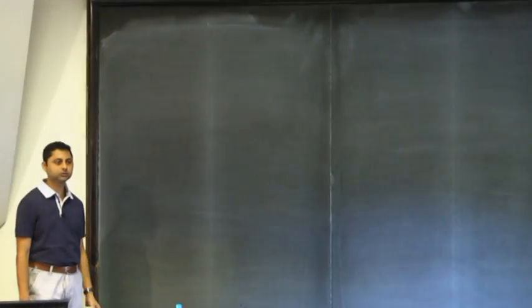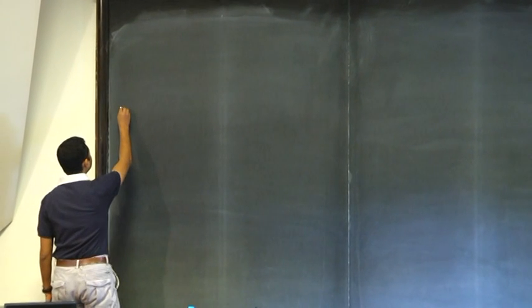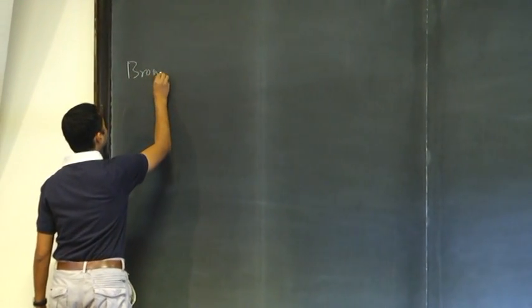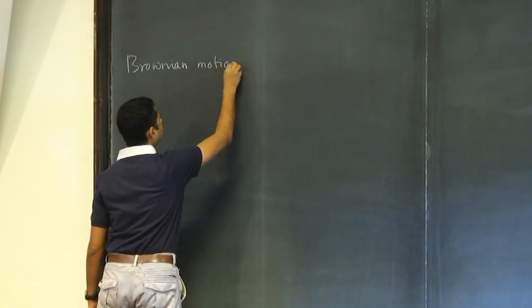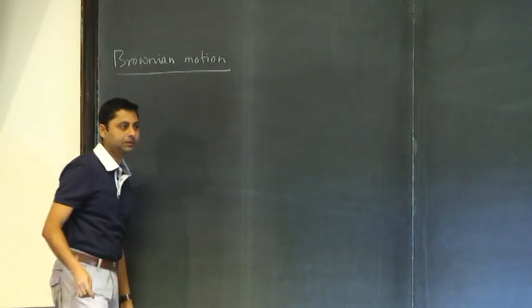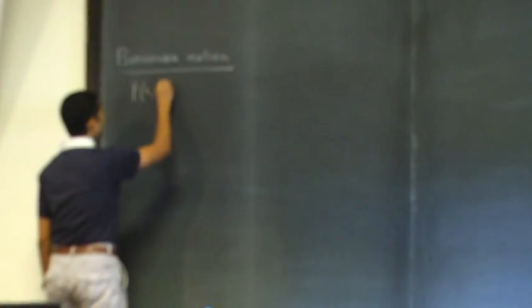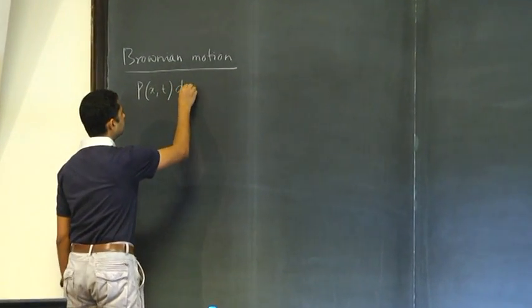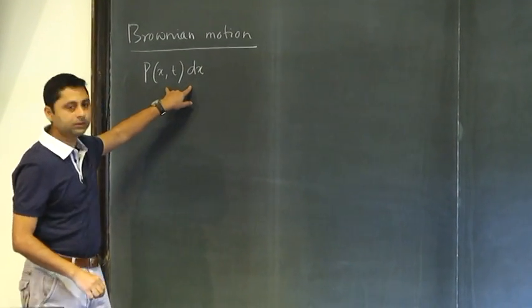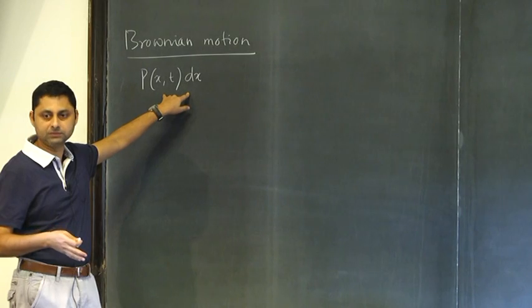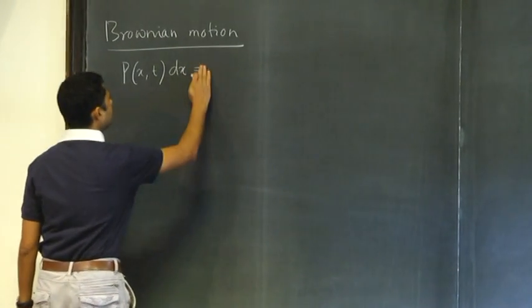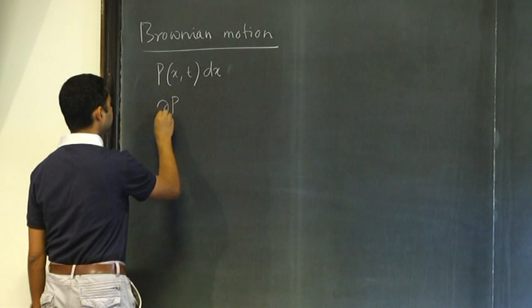Let me briefly summarize what we did yesterday. So, we talked about Brownian motion. It is a free particle, let us say of micron size in water, and we define this object: the probability that the particle is between position x and x plus dx at time t. We showed that it satisfies the equation